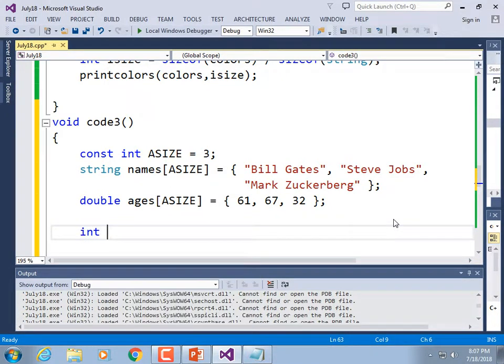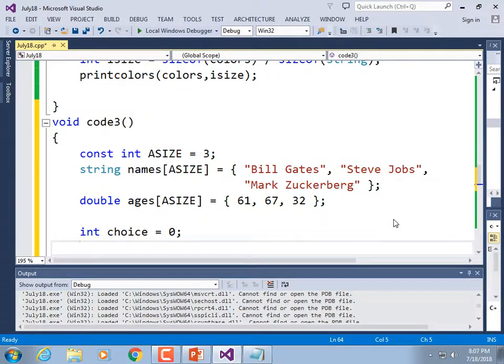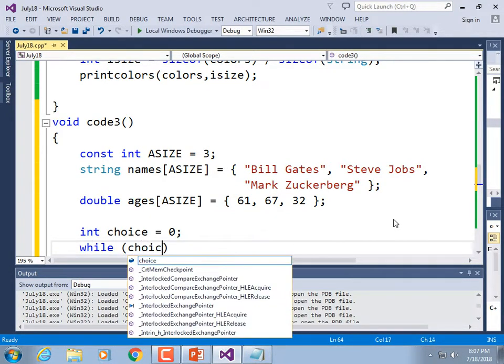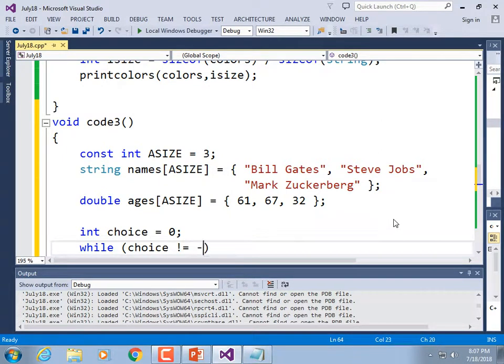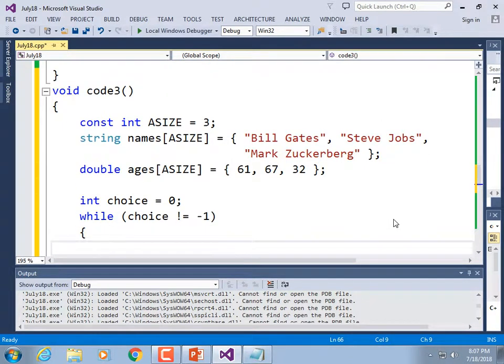So I'm going to make a variable called choice. I'm going to set it equal to 0 just for lack of a better choice. But it's going to have a sentinel value. If they type in choice is equal to -1, we're going to bail out of the loop. So that's our sentinel. While choice not equal to -1,